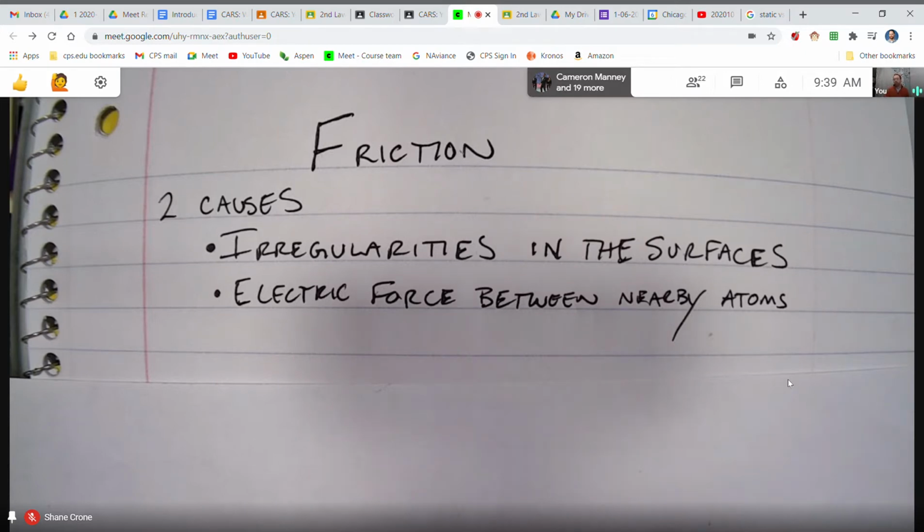But even if that weren't the case, the atoms don't just form perfectly flat surfaces. This is really unusual. It's not impossible, but it's very unusual. And so if you could look at the surfaces really close, like make yourself as small as an atom, it would look like a mountain range to you. It wouldn't look smooth. That glass would look like a series of hills and valleys, irregular and all jagged, and it's not nearly as smooth as you think. Now it's relatively smooth, smoother than other surfaces certainly, but it's not perfectly smooth. And that's where some of the friction comes from, that irregularity in the surfaces.